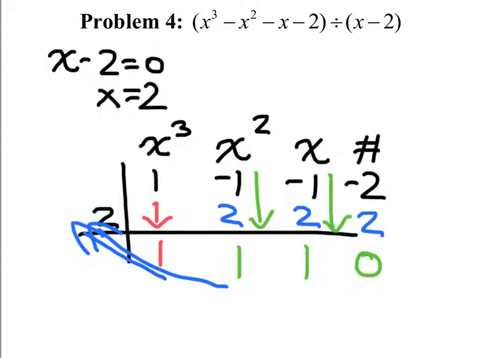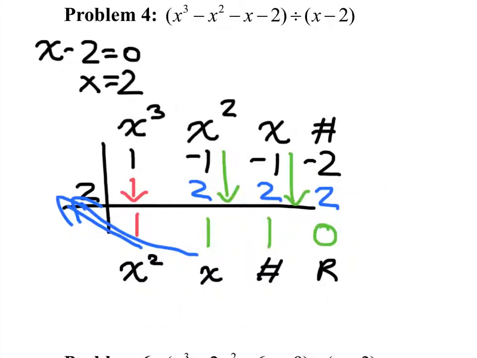So actually, this is nice because our quotient doesn't have a remainder. Last thing we need to do is just relabel all the columns so everything drops down by 1 degree. And then the last thing we need to do is fill in the coefficients to write the final answer for